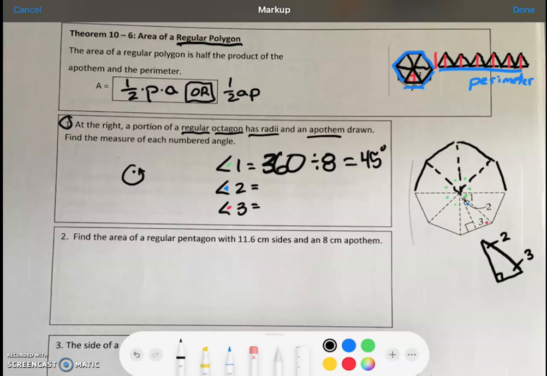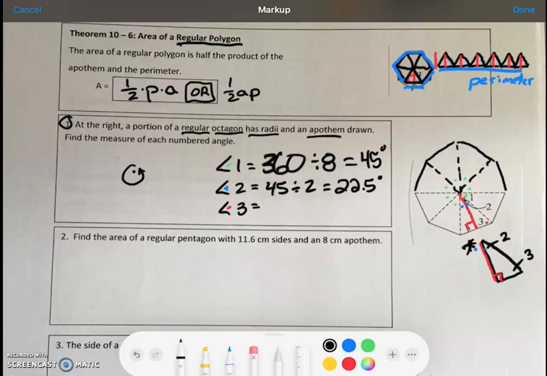Angle 2 and 3, I kind of drew 2 and 3 down here, made a bigger triangle there, but basically this red line from the center straight down is the apothem, and that's this red line right here. This is obviously 90 degrees. This was 45 degrees where angle 1 is in green. Now it's going to be split. 45 is going to get split into here and here. So angle 2 is 45 divided by 2, which is